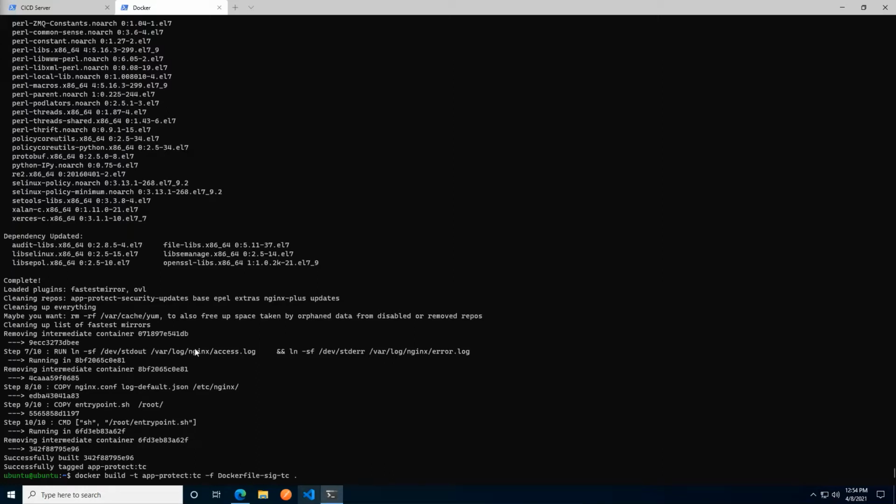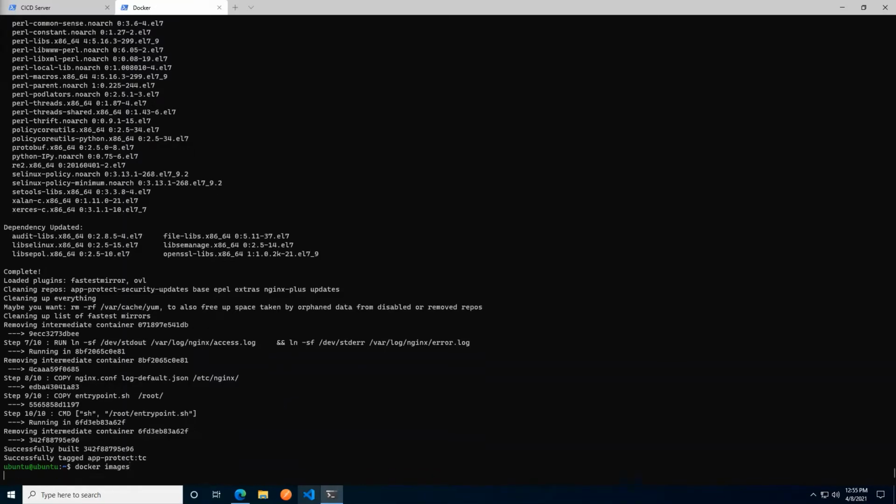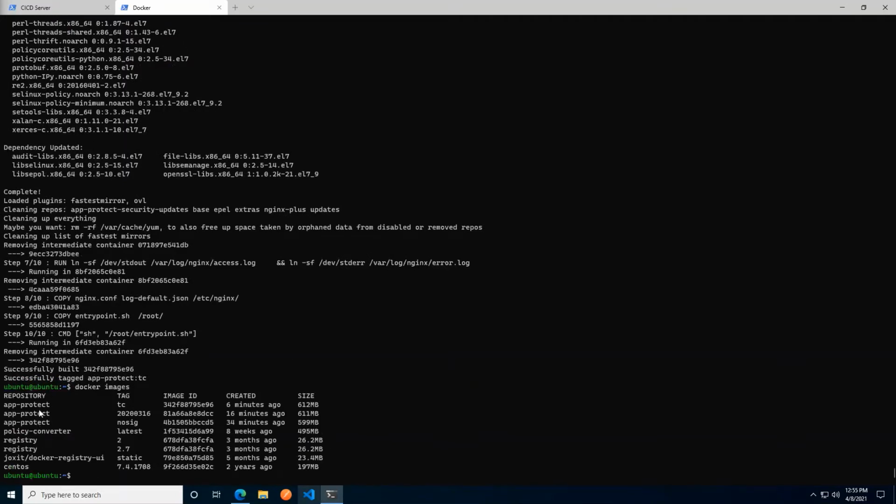Indeed, we were building the third Docker container image. So if we now do a Docker images, like so, we see that we now have 3 versions of it. We have the original NoSig, we have the recent one with the updated signatures, and we now have the TC. We also see that there is a difference in size between the 3 of them, indicating that they are indeed slightly different.